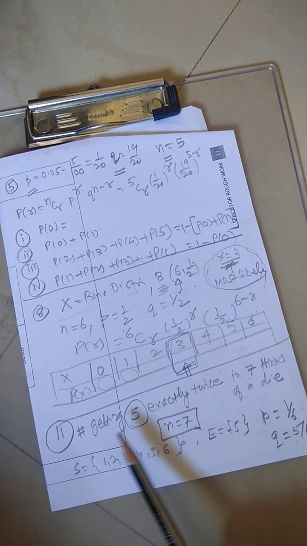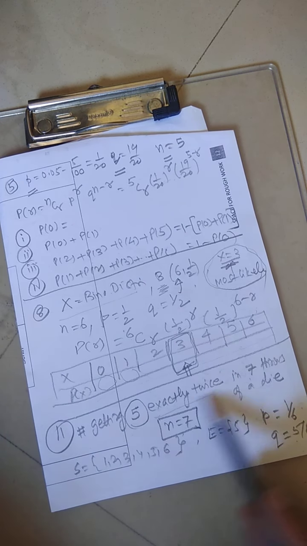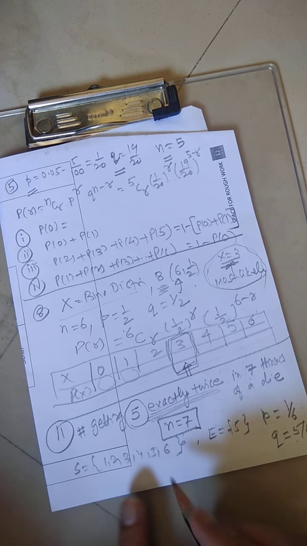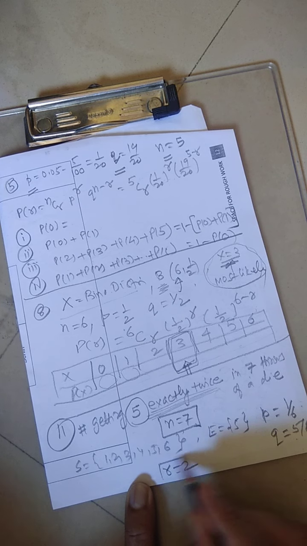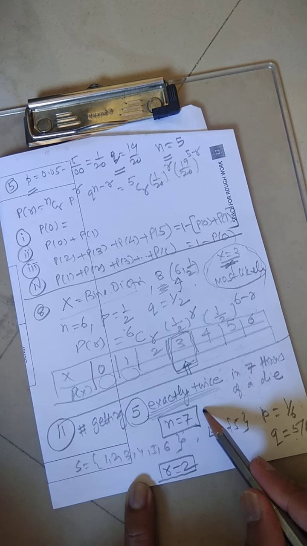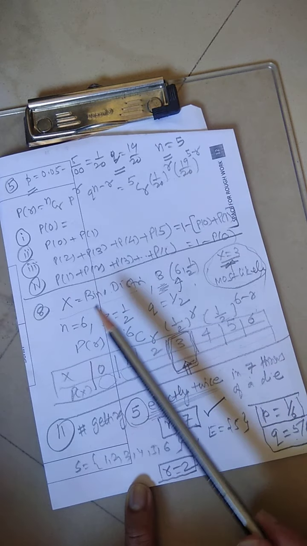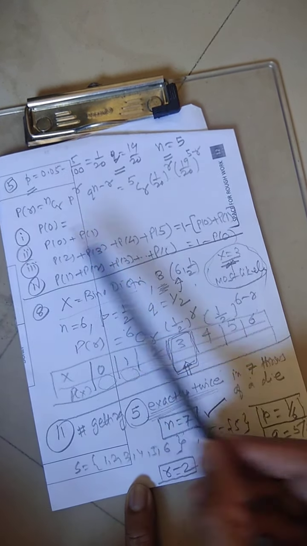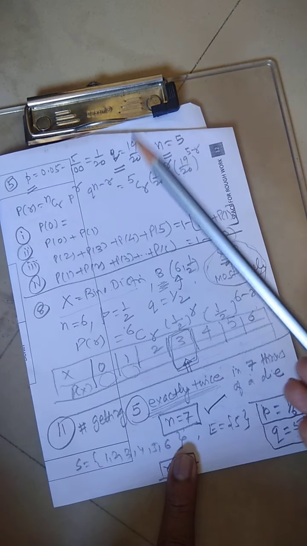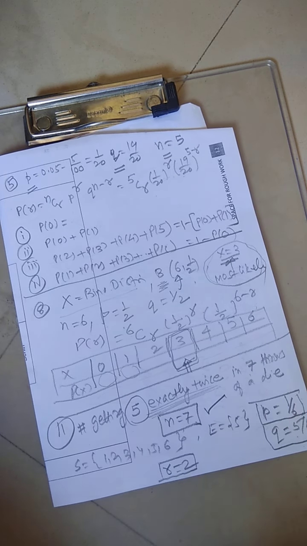Now the demand of the question: getting 5 exactly twice. This exactly twice, or whatever is given at the end, is the value of r. So always make a habit of getting first n, then the value of p, then finding the value of q, and writing the standard formula like this. Then after writing, make the replacement. After the replacement, think about r, replace the value of r and get the answer. I told you, apart from this 6th question, I am going to tell you one more question. I am writing that question now, and then we'll conclude. Then you can go for the rest of the assignment.